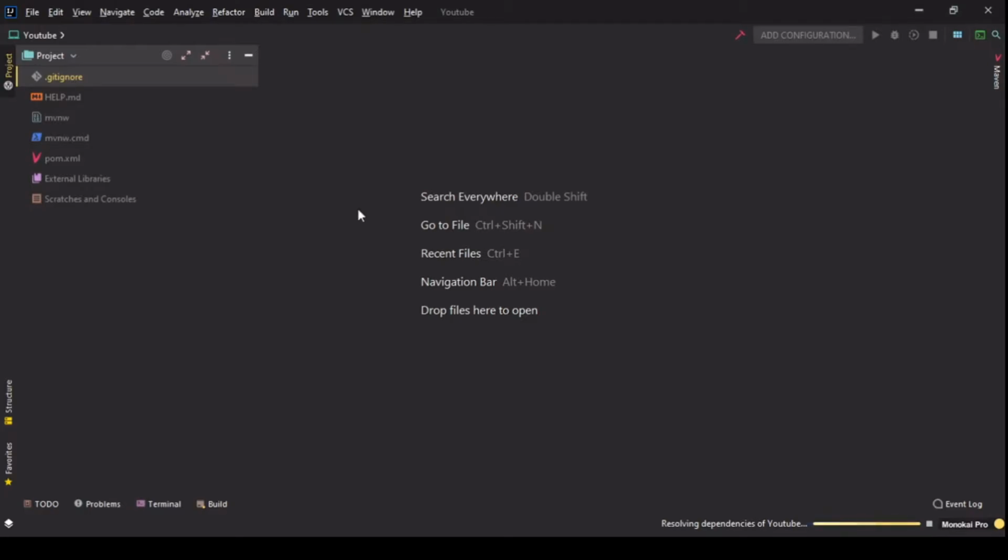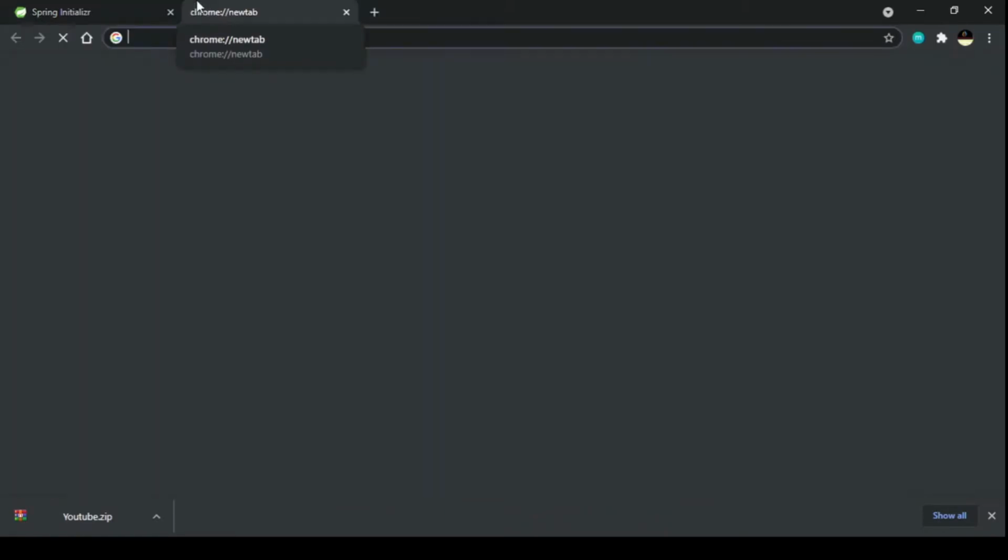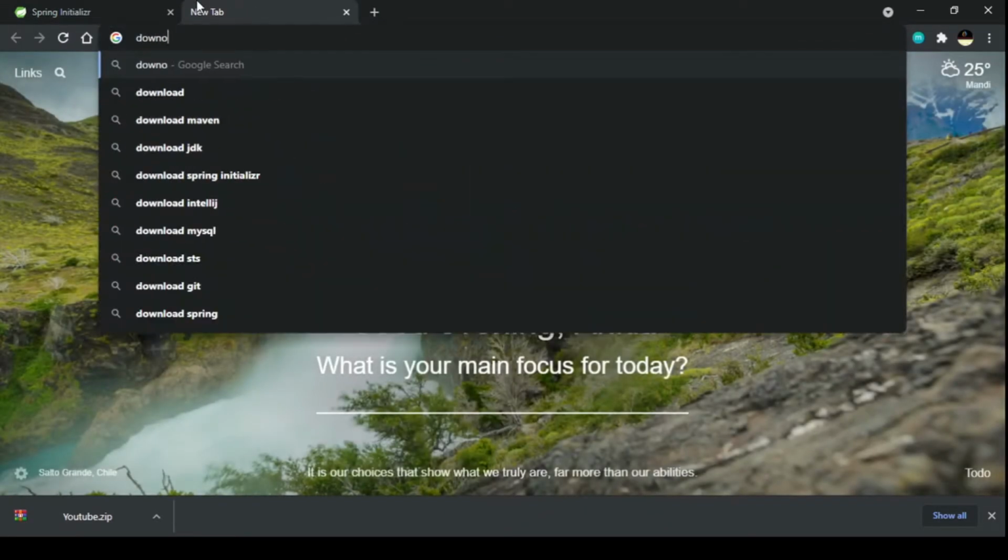And guys, till the time it is being resolved, head over to your browser and download Postman, because you want to check the response of your APIs. Till the time our front end is not being developed, we can make use of Postman to get a response. So you have to download,